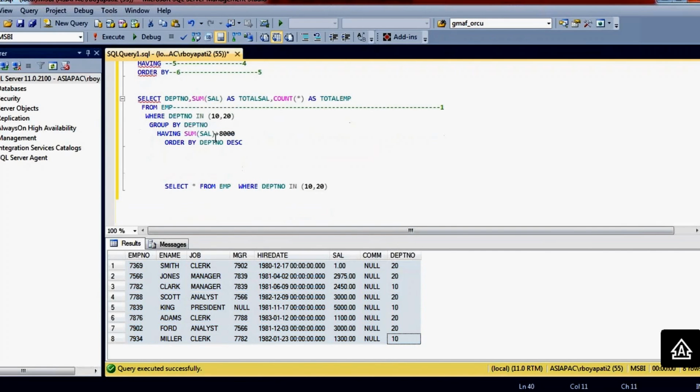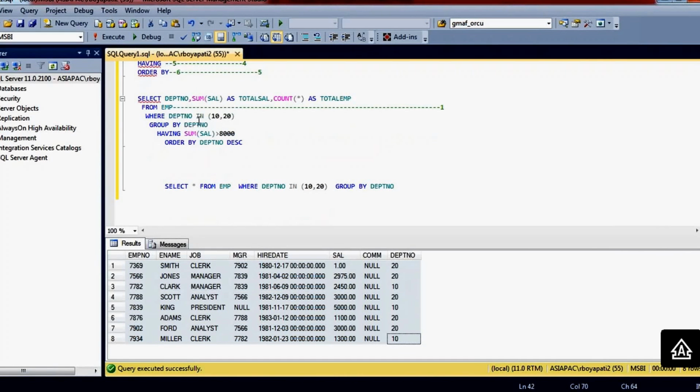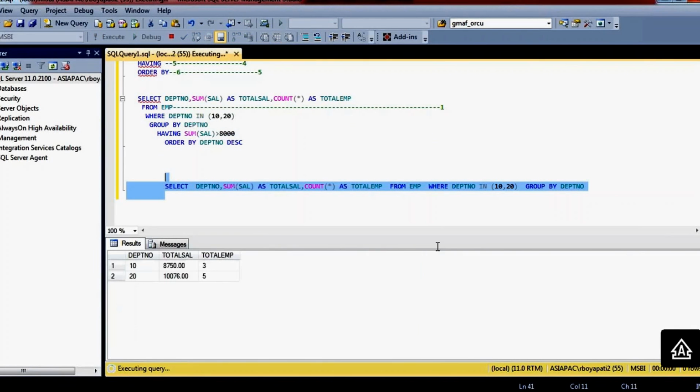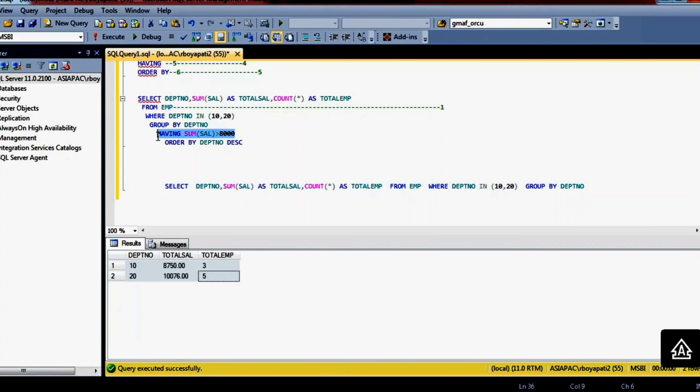So then immediately what did you do? I did group by. So it is going to do the group by on department number. So if it is doing the group by, then what will it get? After it is grouping by, it will get this result like this way, like this way. So after it is grouping, again it is going to filter the data.